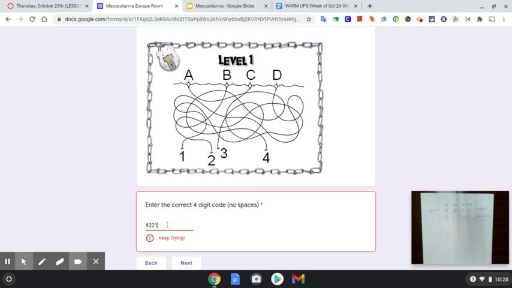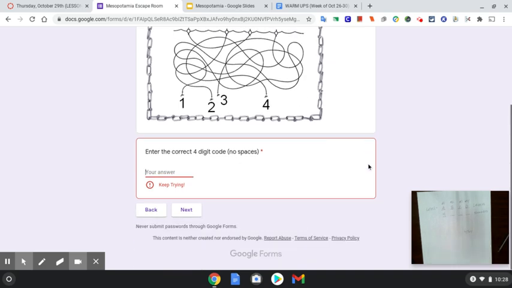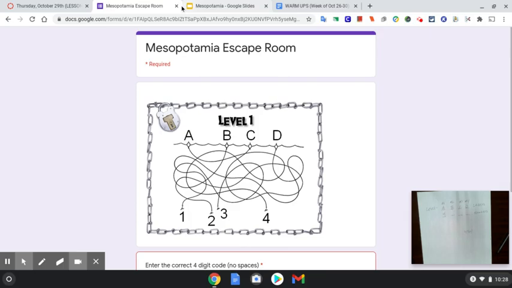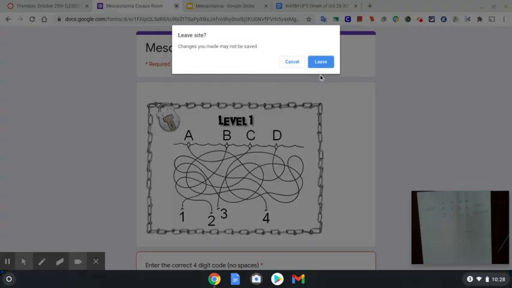When you get through all levels, it will give you a completion code and tell you to write it down. What you will then do is you will write down your completion code somewhere, so you don't have to remember it. Say that it is 4, 3, 2, 1. It's not, but if it is, I click out of the escape room,